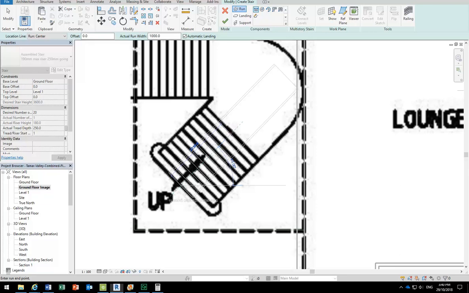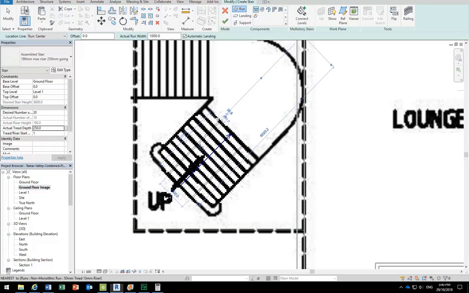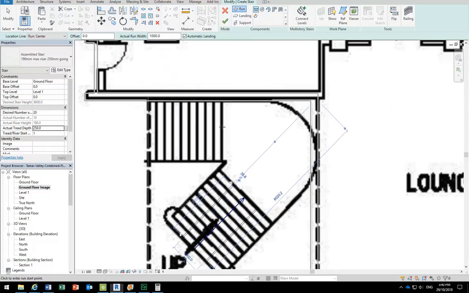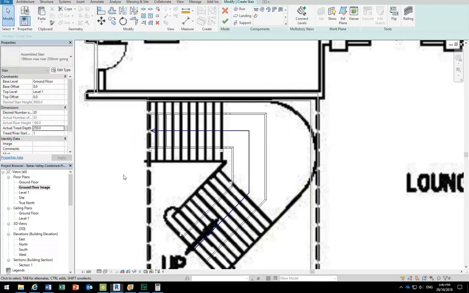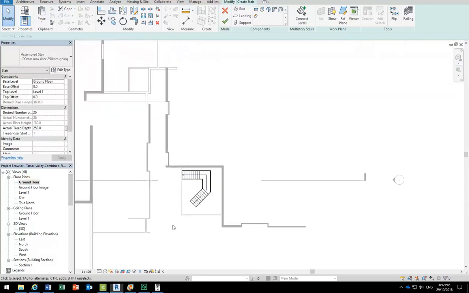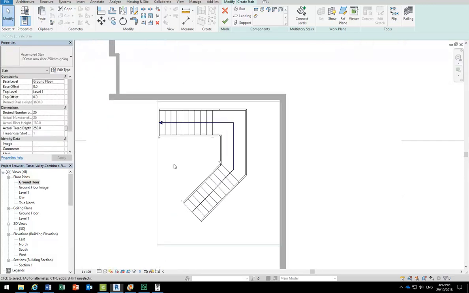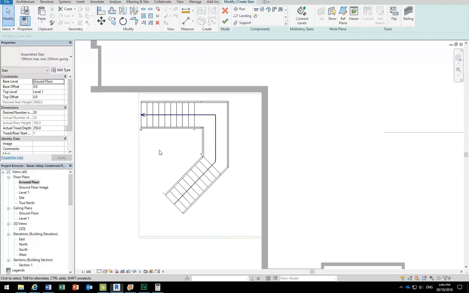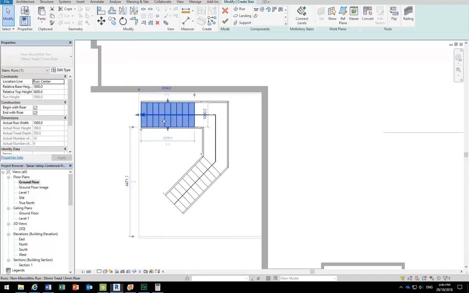So I'm just going to click there, and then click on the middle of this step, and then take it all the way to the end as far as it can go. And then I'll go back to the floor plan without the image getting in the way, and it's much easier to see what's happening there. So that's the first thing,